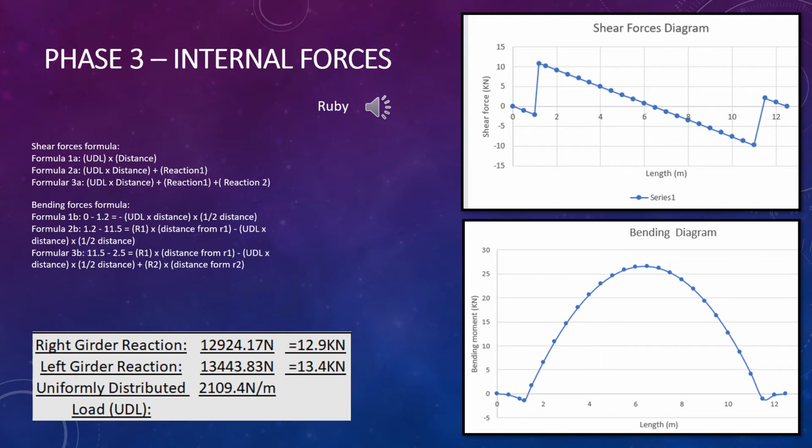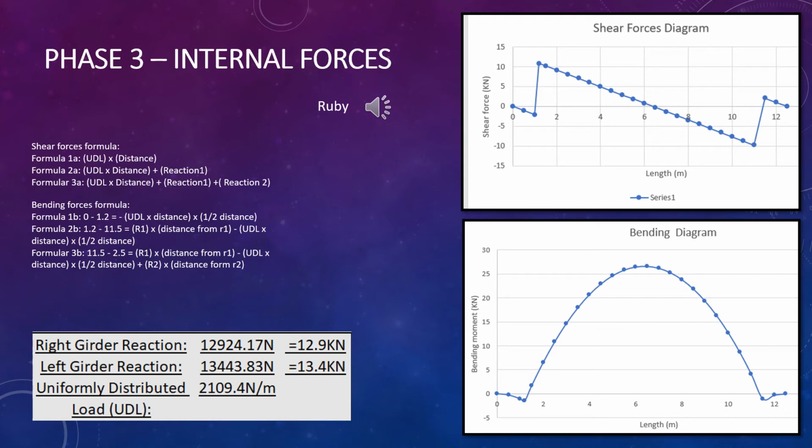Our aim is to evaluate the internal stresses in the main S-beam of the bridge to identify the maximum and minimum points of shear stress and bending moments, as well as where there is no shear stress or bending moments. To do this, we calculated all shear stress using the first formula and bending moments along the main S-beam using the second formula. To calculate where no shear stress or bending moments existed, we looked at the graphs, and using